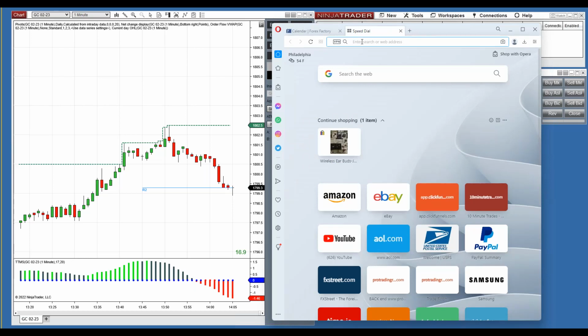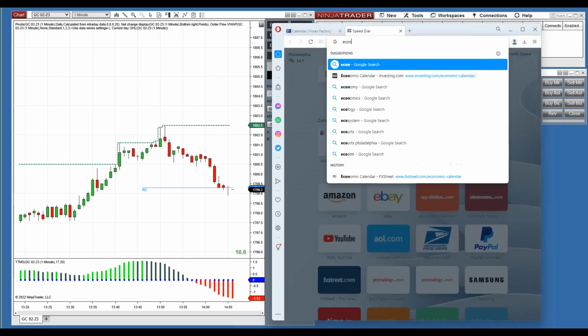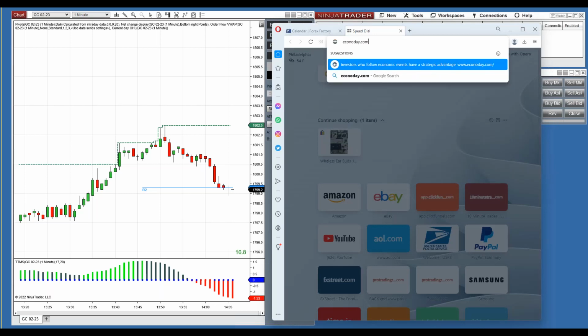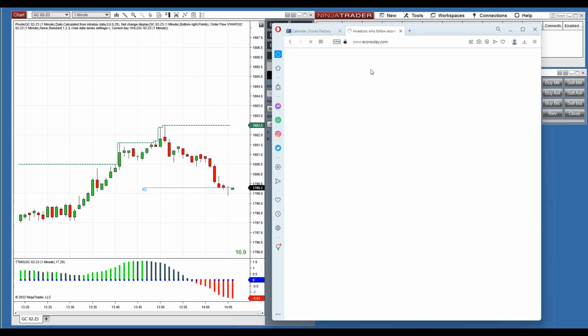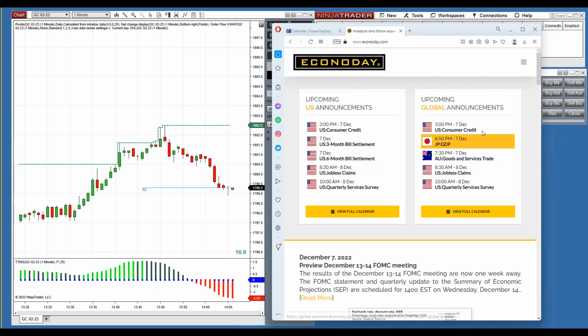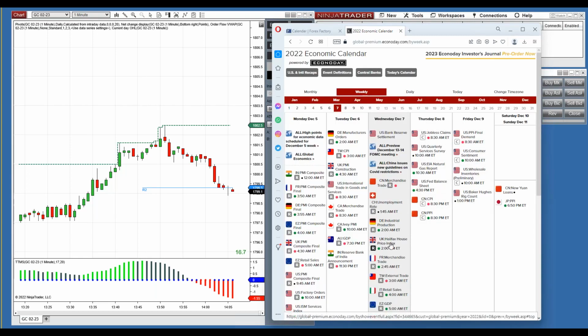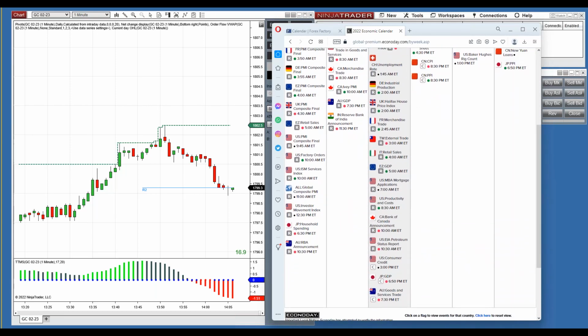One other calendar that is one of the best international calendars that I've ever seen is Econoday. Econoday.com. And if you just click on full calendar, it's great for listing the events. They don't show you the result, but if you want to think about your day, it's really a nice calendar to look at in addition to Forex Factory. Thank you, Andre, for that link. I'm going to show everybody what that means. I appreciate it.